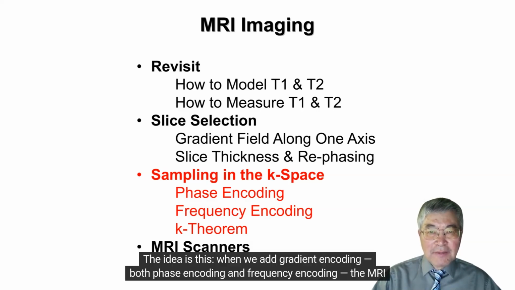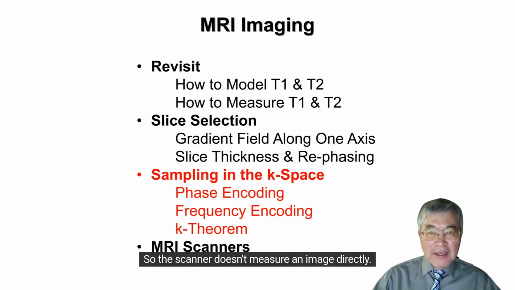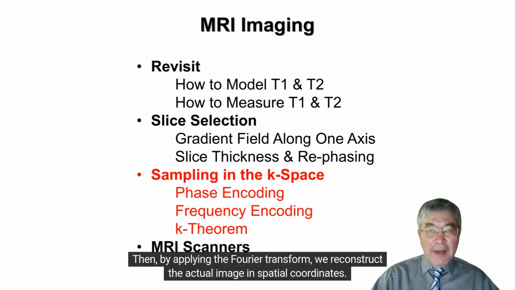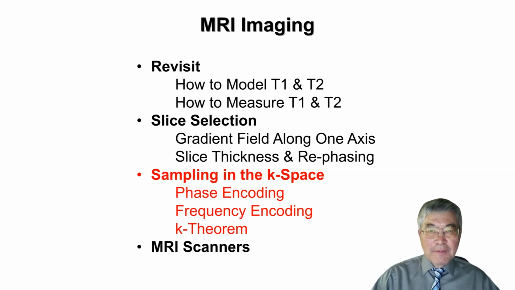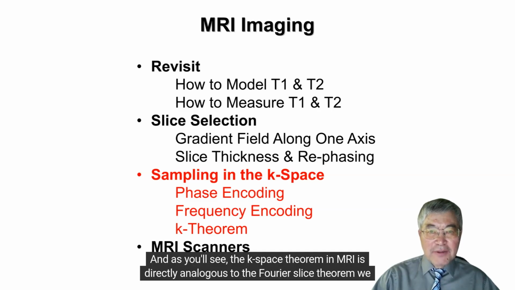The idea is this. When we add gradient encoding, both phase encoding and frequency encoding, the MRI signal we measure naturally corresponds to a Fourier transform of the object we're imaging. So the scanner doesn't measure an image directly. Instead, it measures data in K-space, which is essentially the Fourier space of the image. Then, by applying the Fourier transform, we reconstruct the actual image in spatial coordinates. This concept is formalized in what we call the K-space theorem. And as you'll see, the K-space theorem in MRI is directly analogous to the Fourier slice theorem we studied earlier